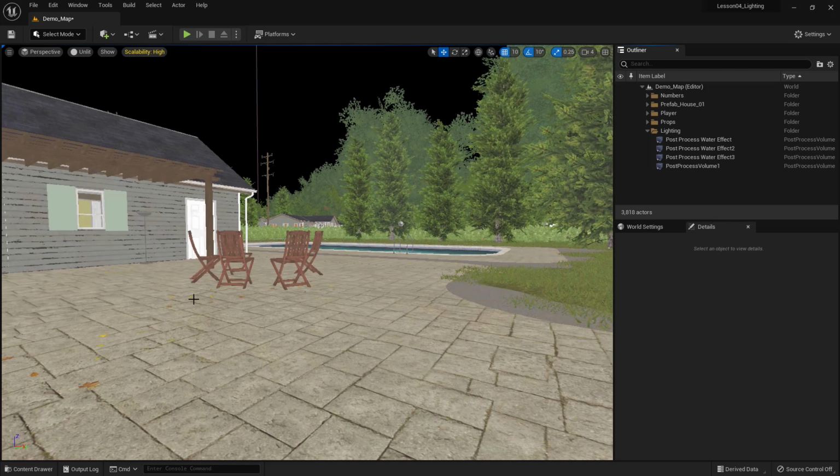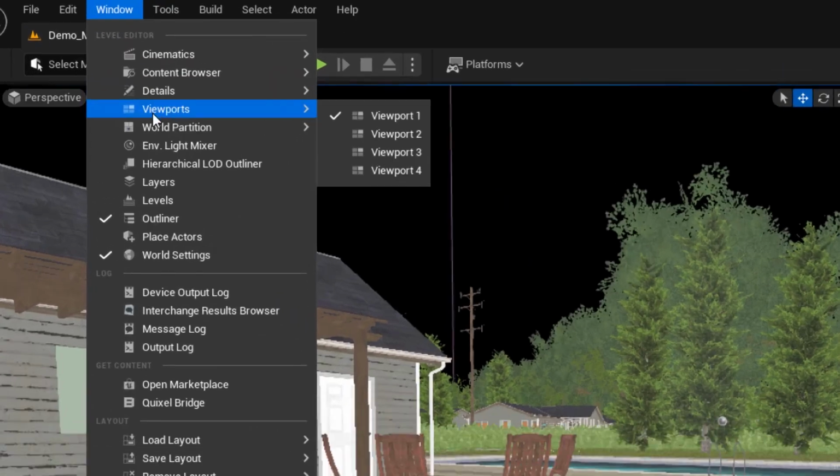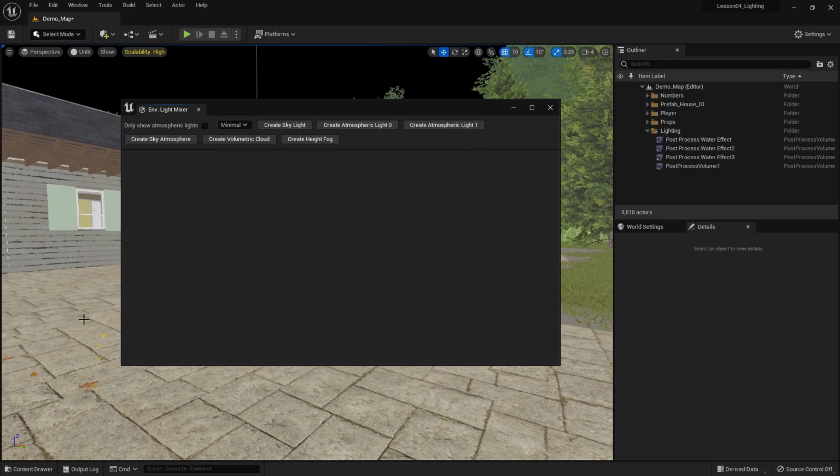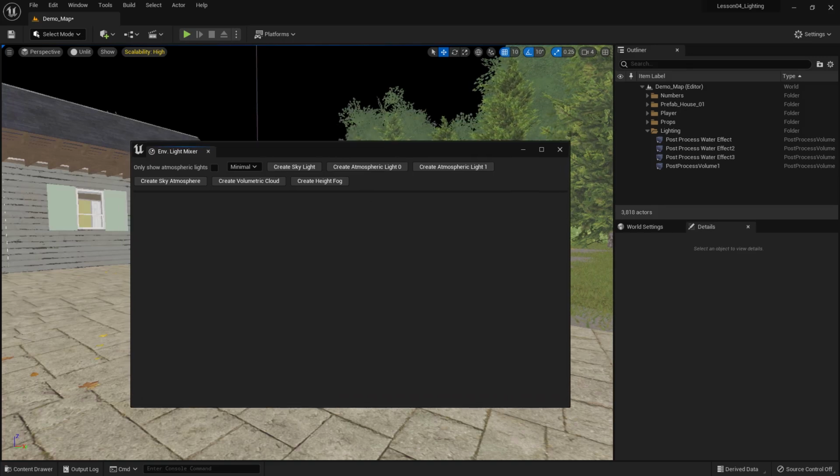So the tool that I do use for my lighting scenes, if I go to Windows, is called Environment Light Mixer. If I click on it, this is a single window that allows you to edit all the lighting components that you want, and it cherry picks all the important attributes and makes them available to you in one window. Look what we have here. First things first,